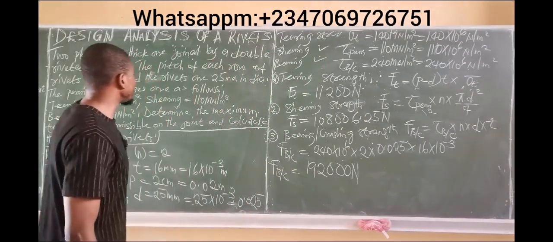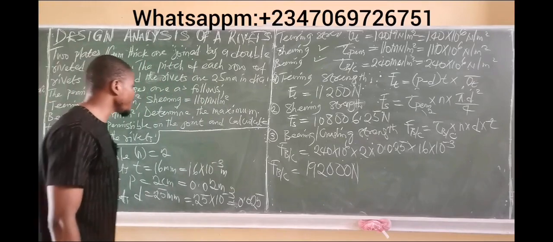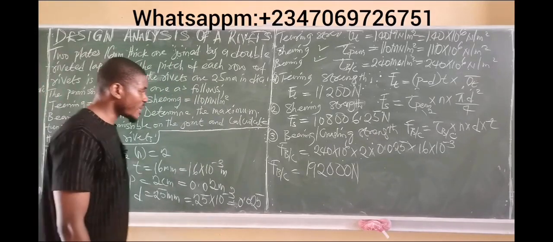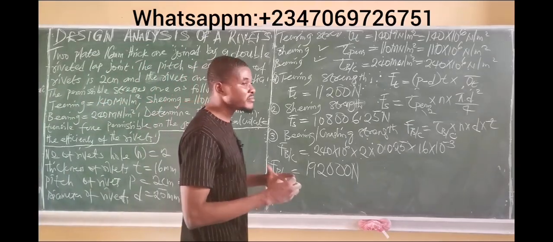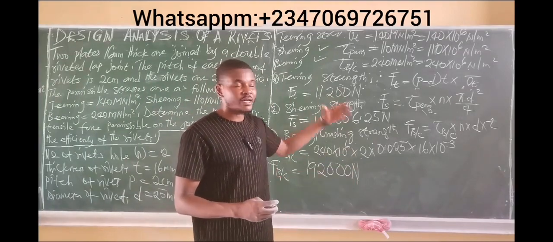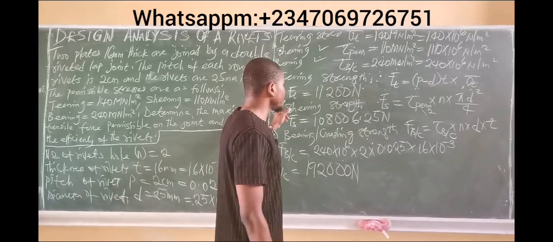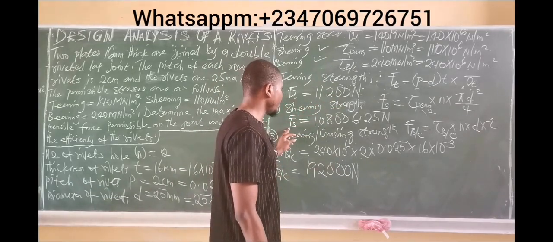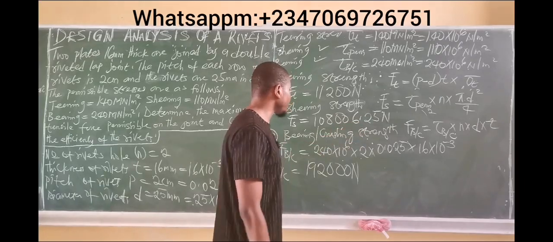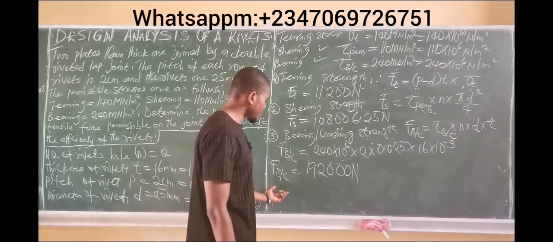Now the question says we should find the maximum permissible force. Determine the maximum tensile force permissible on the joint. The maximum tensile force permissible on the joint simply means the highest of the three forces, the highest of the three forces considered or calculated so far. And if you take a look, Ft is 11,200, Fx is of course 108,006.25, and the final, which is the bearing strength, is